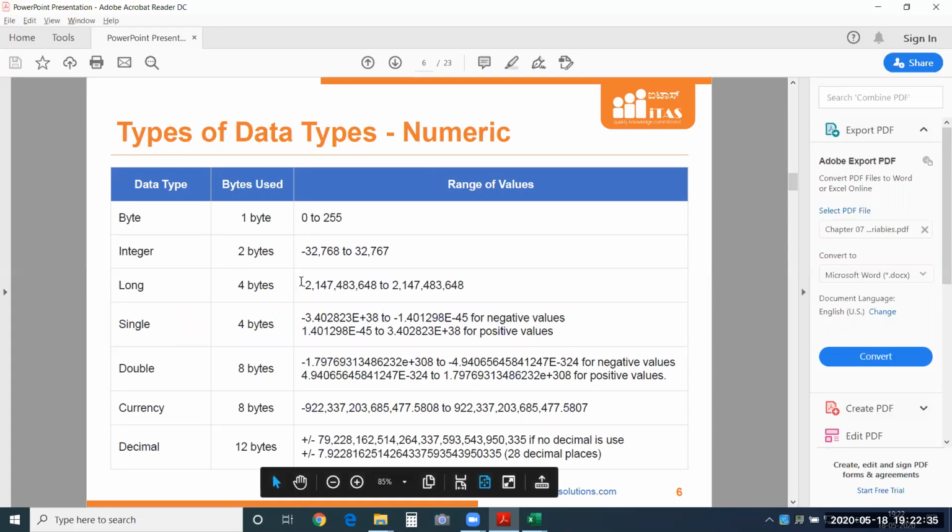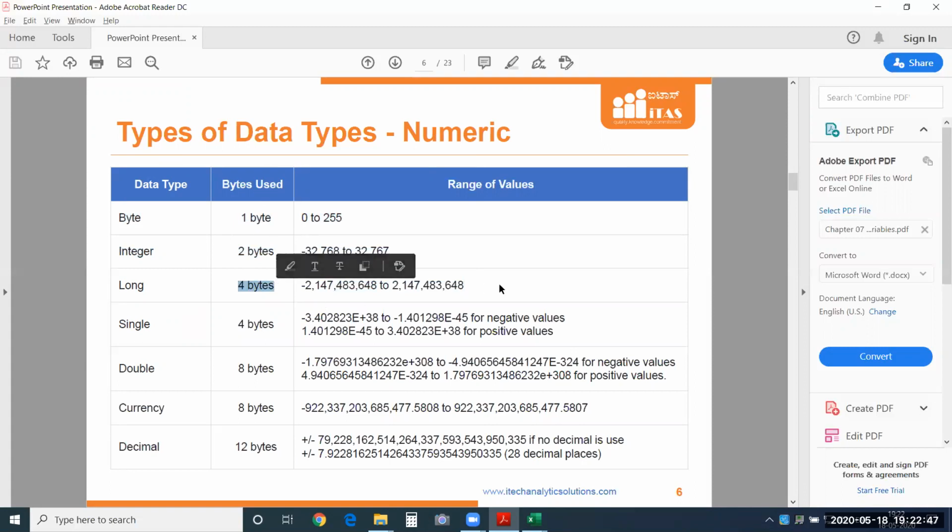Now 20 lakhs, it somewhere falls in this long range. Now I should be using long. You can also see here how many bytes are being used. If your value is falling within this range, and also see how many bytes are being used to store it, based on that, you choose your data type.